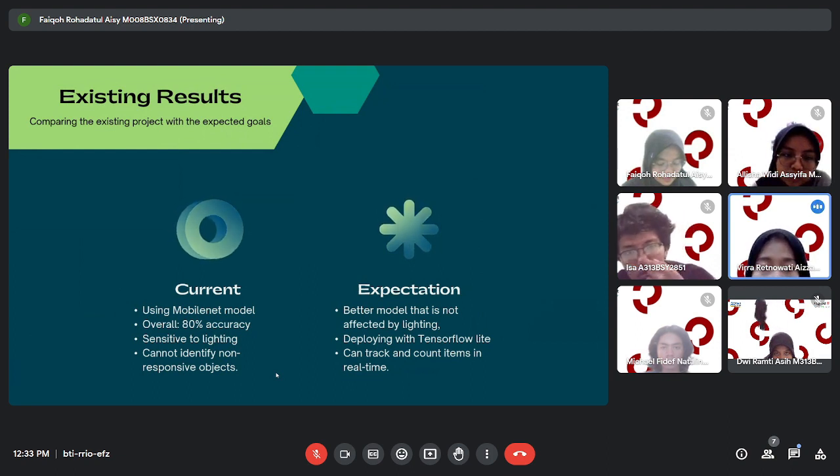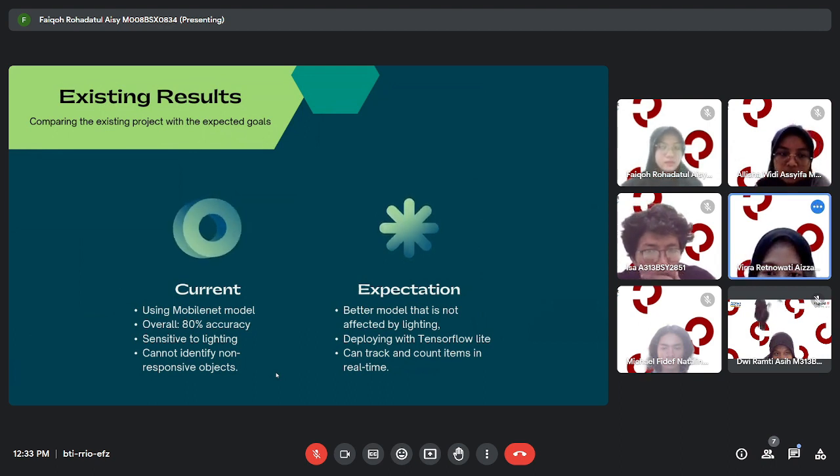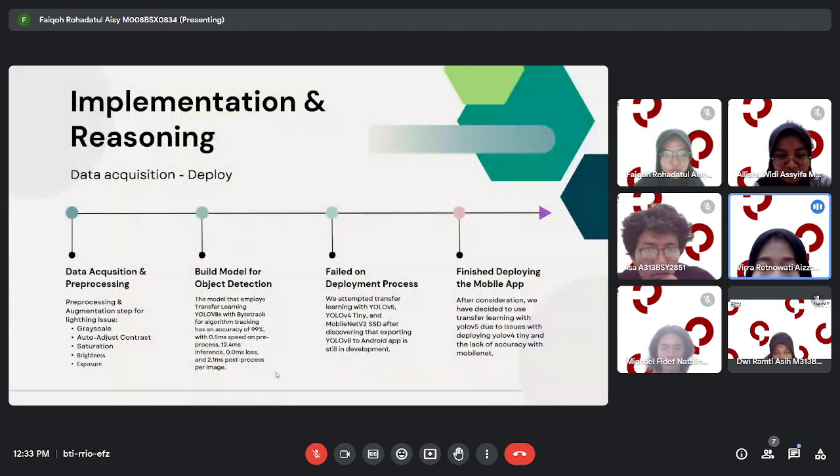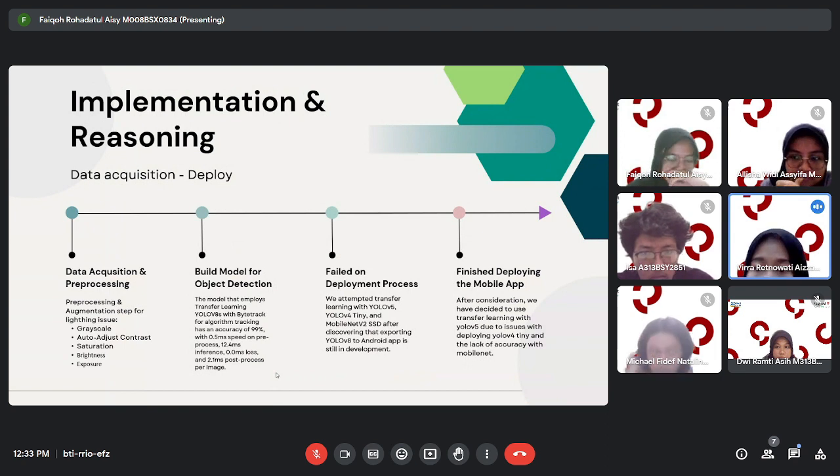And let's now take a look at our workflow of implementation and reasoning. First, we perform data acquisition, labeling, and pre-processing. We apply grayscale, auto-contrast adjustment, saturation, brightness, and exposure in the pre-processing and augmentation step to overcome the light problem. After that, we build a model for object detection using transfer learning YOLO as it has advantage in accuracy and speed